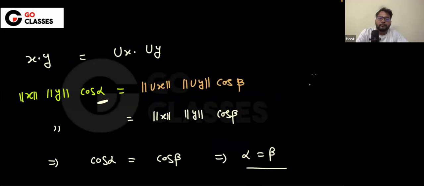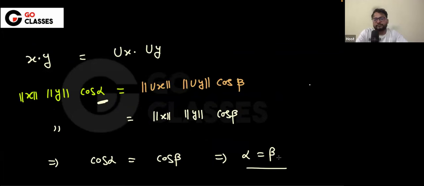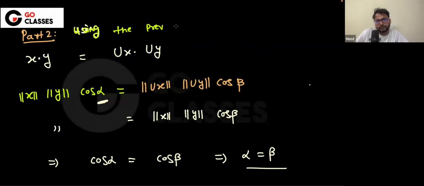What is the part two? Part two is to prove that actually the angles are same. Using this definition of the dot product, we have proved the angles are same. So what is the part two? Using, let me change the color, using the previous result, prove that,